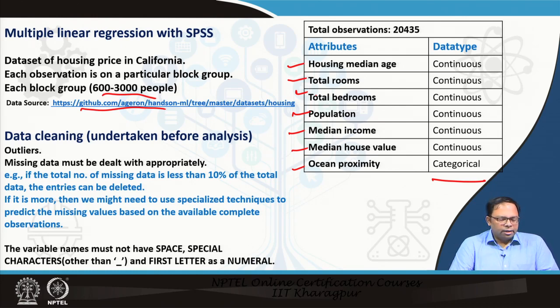And then we can also be careful about the variable names. There are certain nomenclatures, certain rules that we follow, like we do not have spaces between the variable names. We do not use special characters. We use the underscore character, and usually when we have a variable which has many words in it, we connect these words using the underscore character. And variables usually do not have digits at the beginning as well.